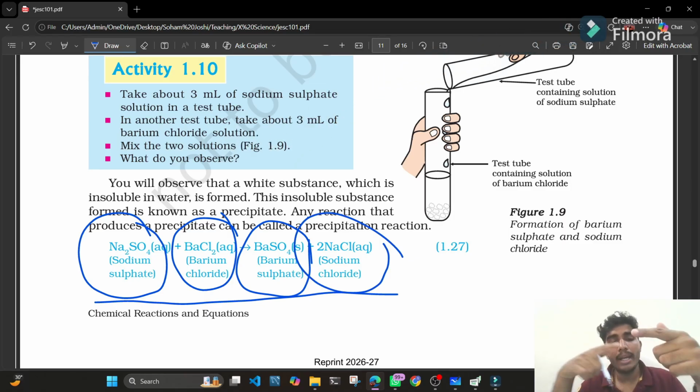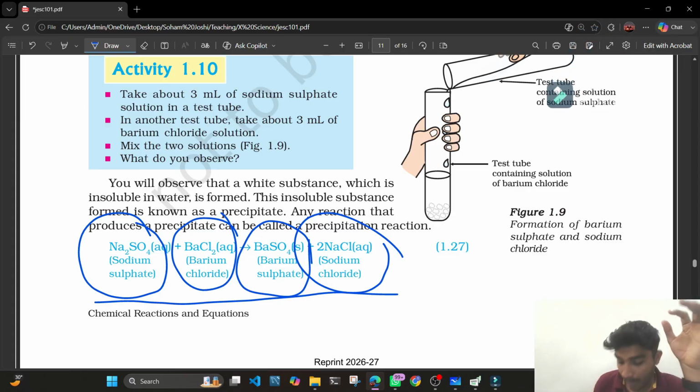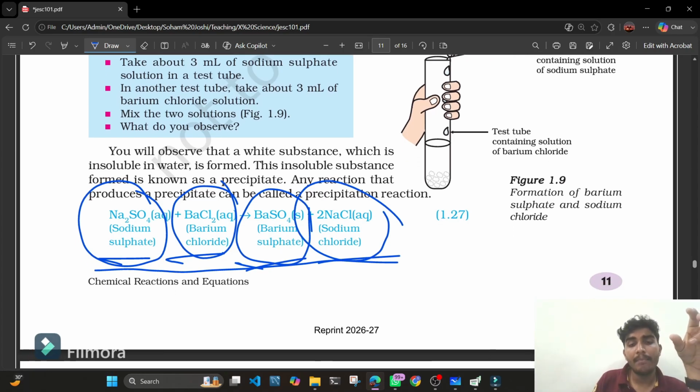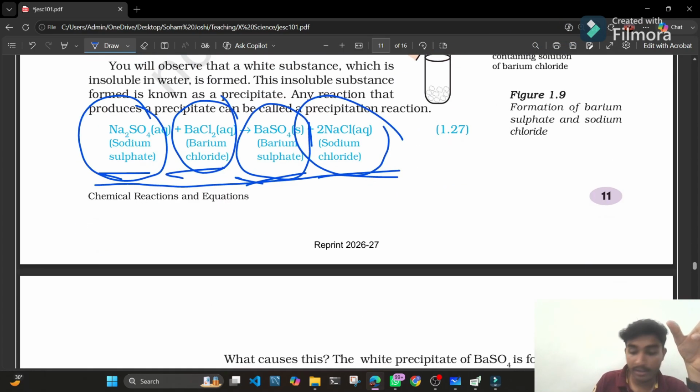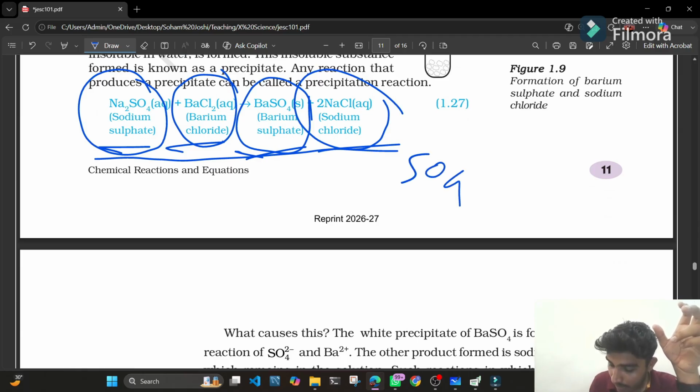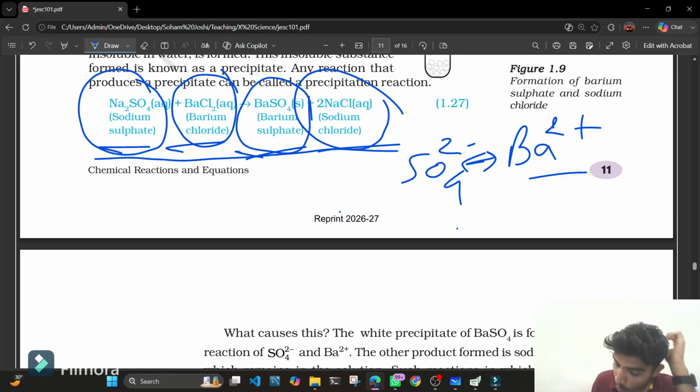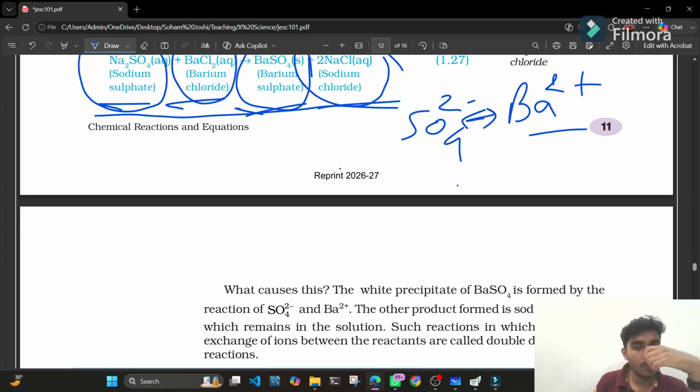बेसिकली एक्सचेंज हो रहा है कि यहाँ रिएक्टेंट साइड पे जो थे वो उल्टा हो जा रहे हैं प्रोडक्ट साइड पे। Na पहले सल्फेट के साथ था, यहाँ जाके वो क्लोरीन के साथ चला गया। बेरियम यहाँ पे क्लोराइड के साथ था, वो वहां जाके सल्फेट के साथ हो गया। This happens because of the exchange of ions. Basically, in this particular case, ions are exchanged. मतलब जो नेगेटिव काउंटर पार्ट है ना वो चेंज हो रहा है, Ba2+। ये एक्सचेंज हो गया सिर्फ। SO4 2- चला गया Ba2+ के पास, और Na+ चला गया Cl- के पास। तो दैट इज हाउ इट वर्क्स।